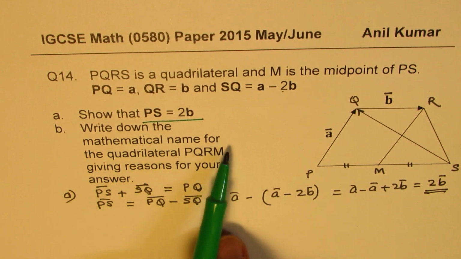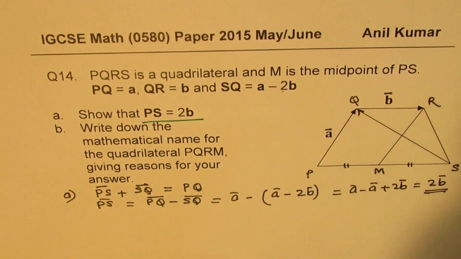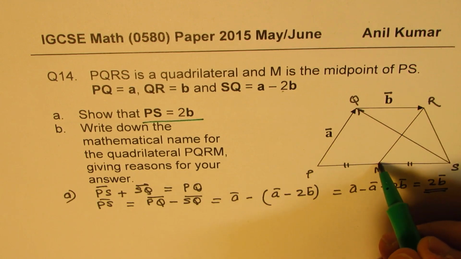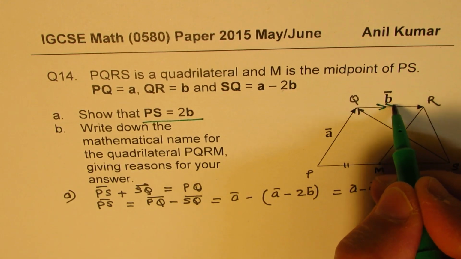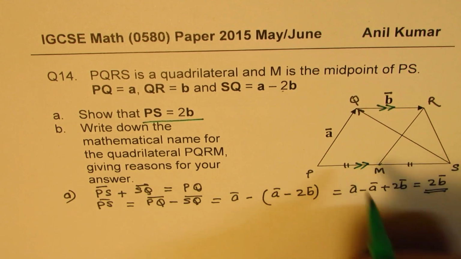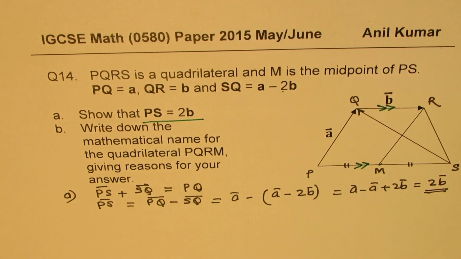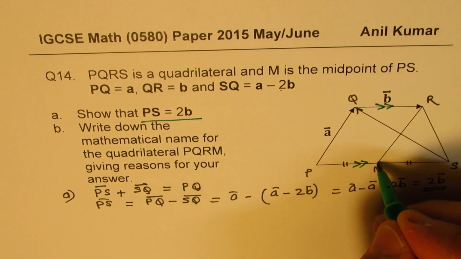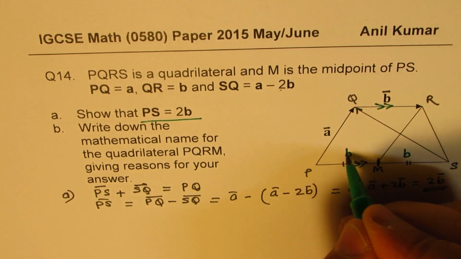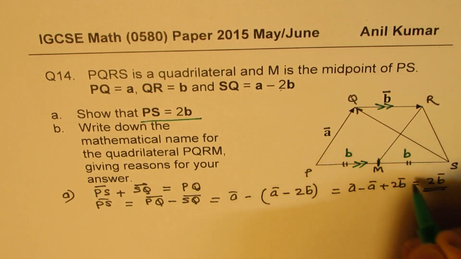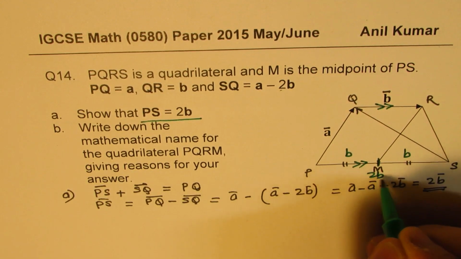Write down the mathematical name for the quadrilateral PQRM. So this one, right? So we found that this is 2B. That means these two sides are parallel, correct? Now since M is the midpoint, we have this also B and this also B. Do you see that? Because the total is 2B